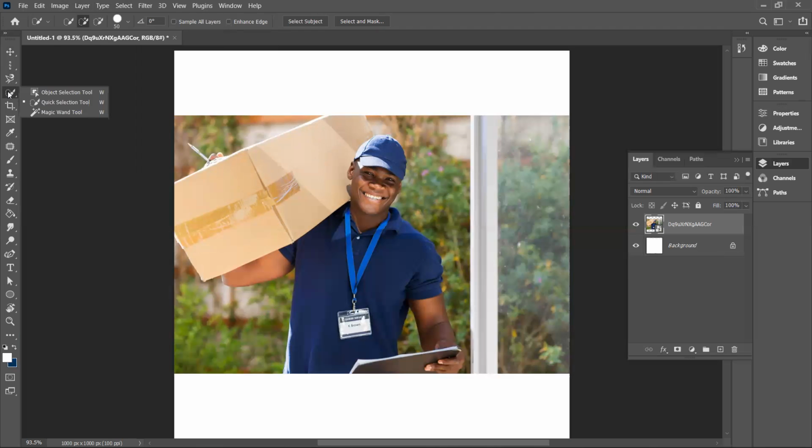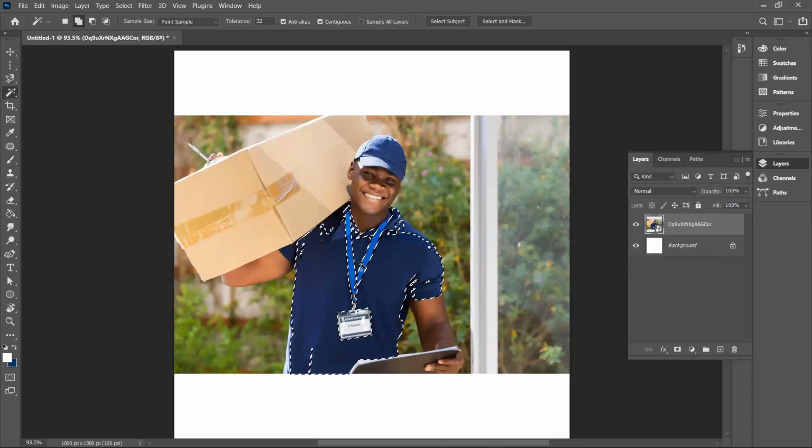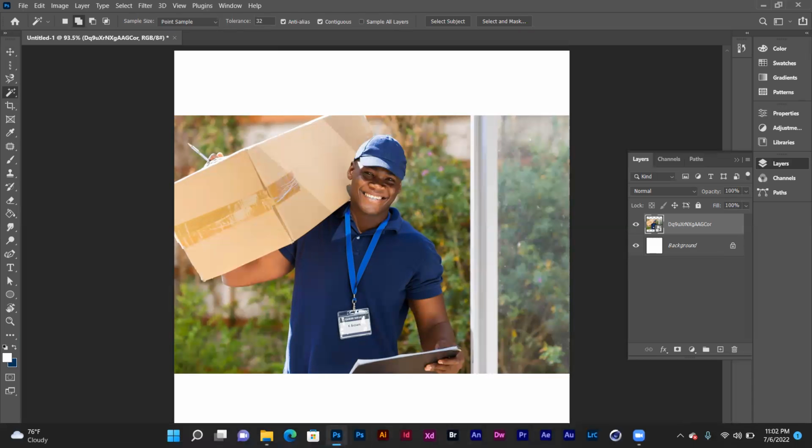The next one there is the magic wand tool. The magic wand tool also samples a single range of colors or similar colors. So with this, I can click on this, and the magic wand does this. Now, where I mostly use the magic wand is when I want to crop an image with a solid background. An image with a solid background is an image which has maybe only white as a background, or blue, only green, only yellow as a background. That is a solid background. So let me go on to